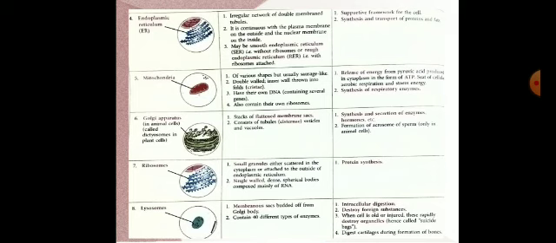It is of two types, smooth endoplasmic reticulum, SER, and rough endoplasmic reticulum, RER. So the smooth one is plain, without ribosomes, and the rough one is attached with ribosomes. What is the function of endoplasmic reticulum? It provides a supportive framework to the cell. It helps in synthesis and transport of proteins and fat.